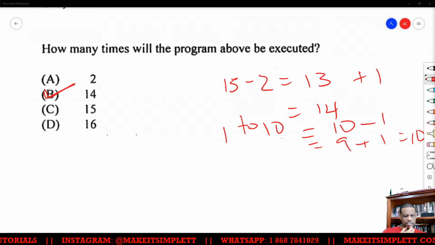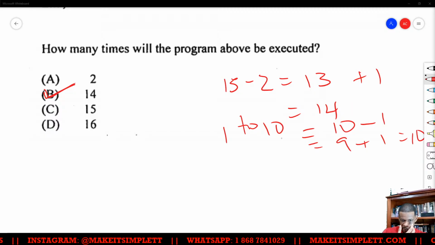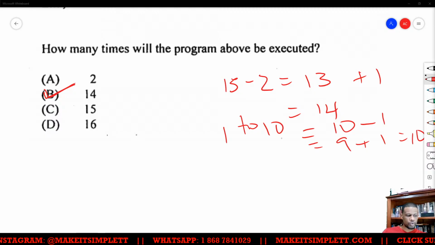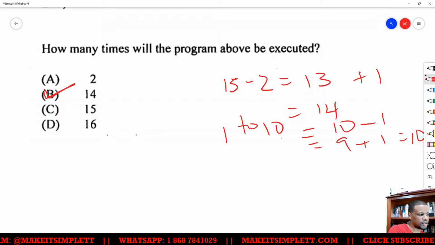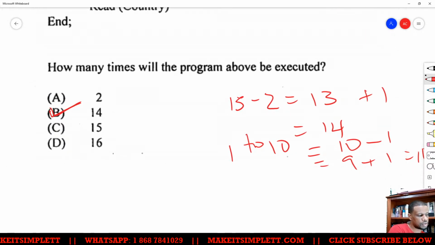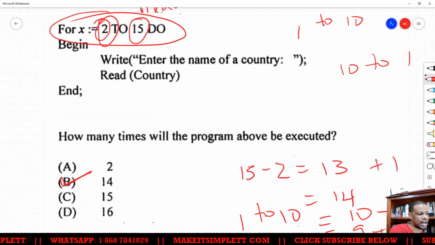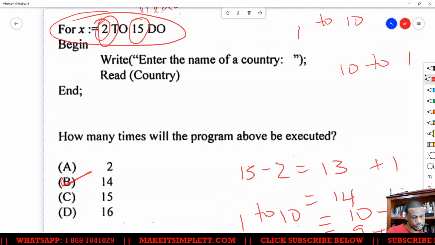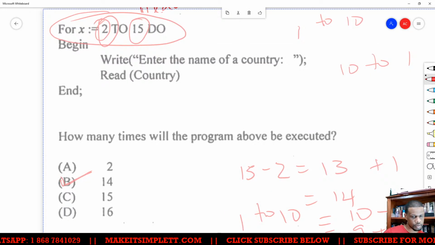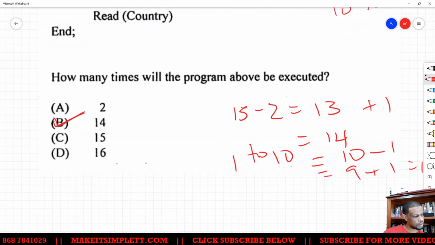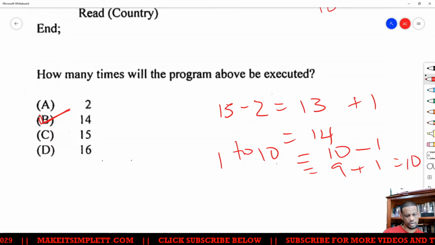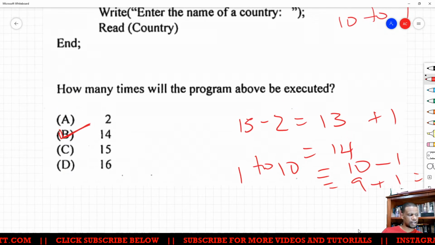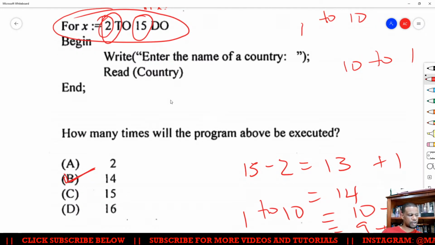Right, that's quick maths. Why you're adding 1 is because you need to consider the starting number. You have to consider the starting number as an actual number. So just remember, you always have to add back 1, and you will always get how many times the for loop is going to run. Because I suspect that they'll tailor this type of question and change it around, and you'll get something similar to this, because it's possible.